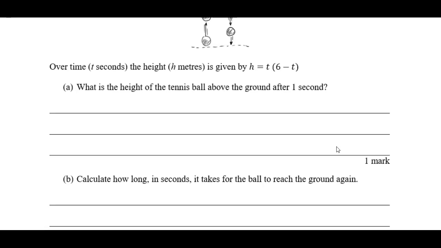All right, so first question, what is the height of the tennis ball above the ground after 1 second? So that just means we've got to let t equal 1. So if t equals 1, we're going to have h equals 1 times (6 minus 1). Okay, so all I've done is substituted in 1 wherever I see t. And that means h is equal to 1 times (6 minus 1), which is 5. So the height,